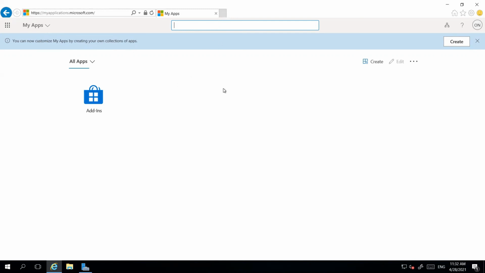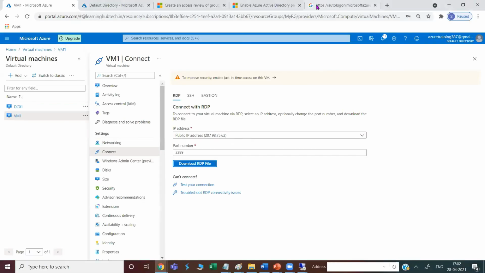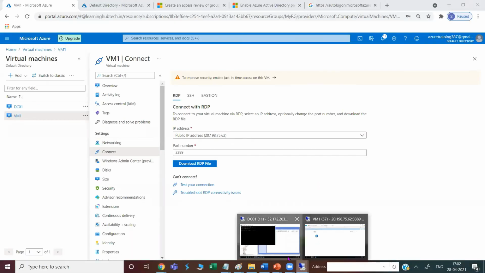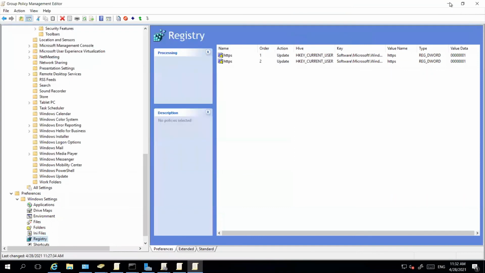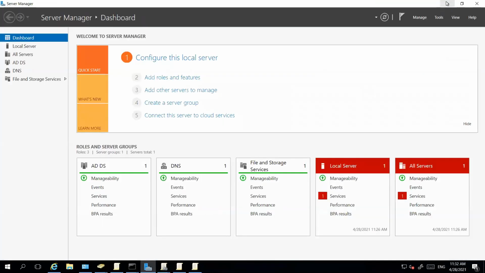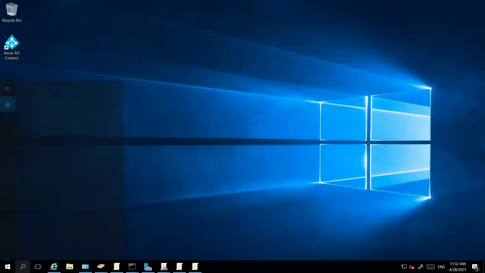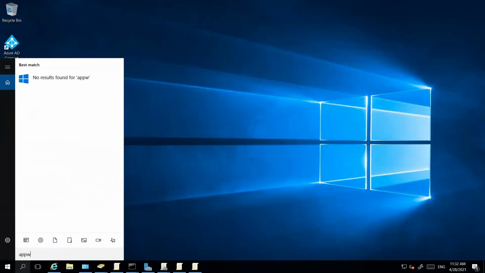What we will do now, so single sign-on is working as expected as per the configuration. One thing I want to show, if you just minimize this one and go to your DC01, on this DC01 only, you have installed your Azure AD Connect, right? Just come here and type appwiz.cpl.